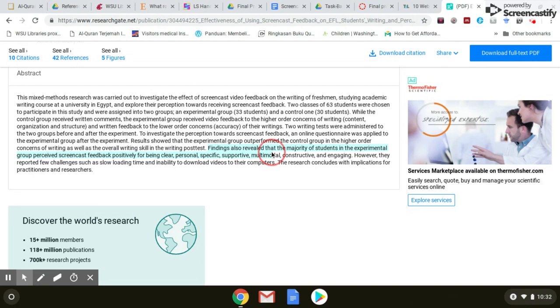screencast here is perceived by the majority of students as giving positive feedback because it is clear. It can be personal, so you can personalize it, and then it's specific. It's also supportive and multimodal, so you can watch it, but you can also read it. You can listen to it, and it can be constructive and engaging as well, because it's like watching a video, but it's only for you, for the learner